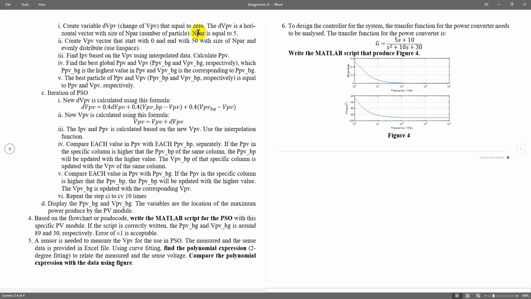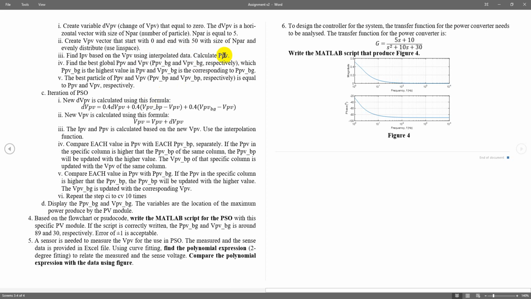For this case, nParticle is equal to 5. Then you have to create the VPV vector starting from 0 to 50 with the size of nPV, evenly distributed using linspace, linear space. Then find the IPV based on the VPV interpolated data. You already created an interpolated data model, so you can use it.